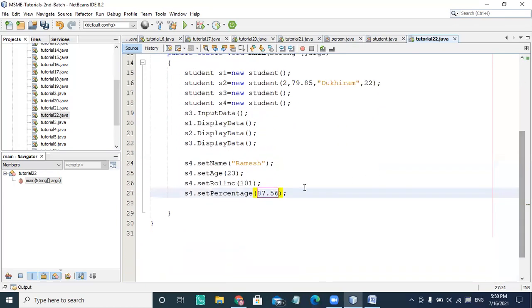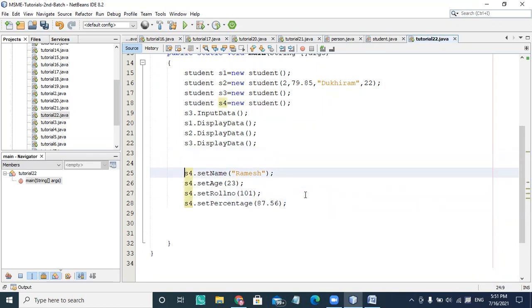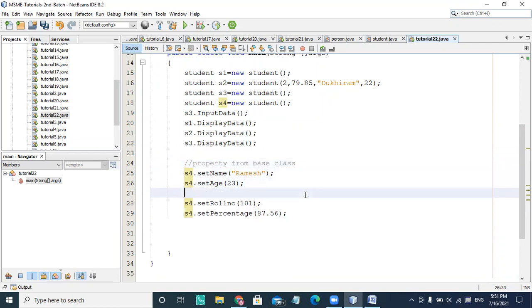So this is the set properties of both the classes. This is a property from the base class, and these are the properties from the inherited, you can say derived, class.